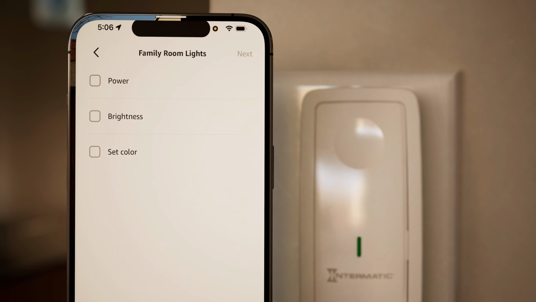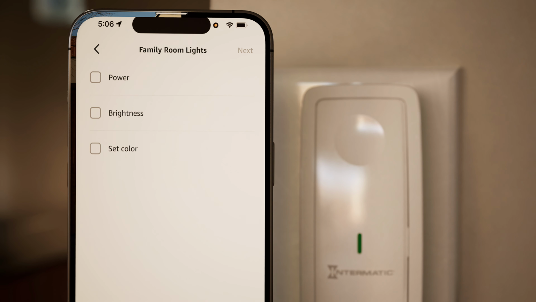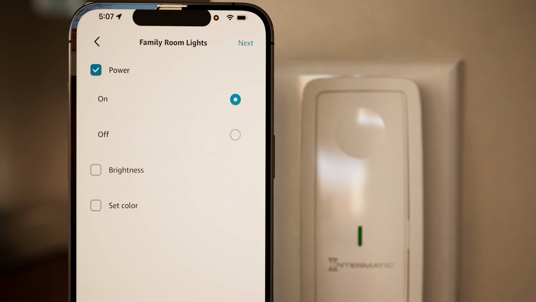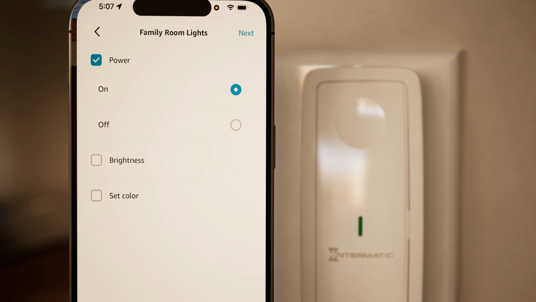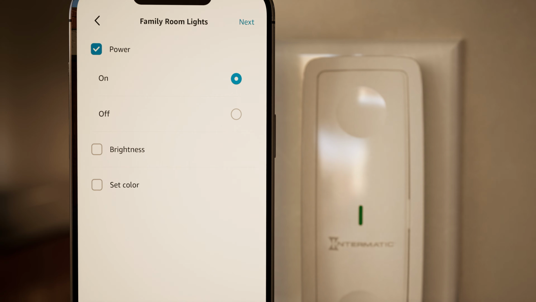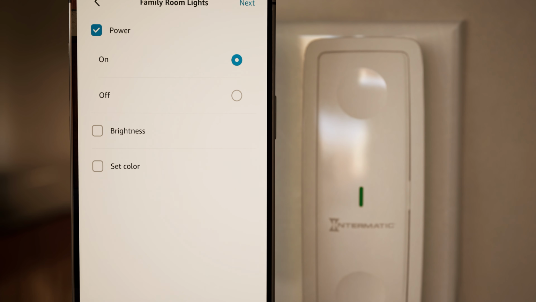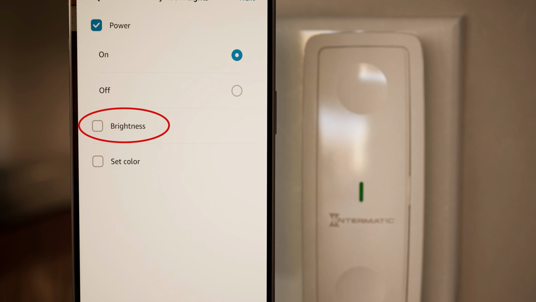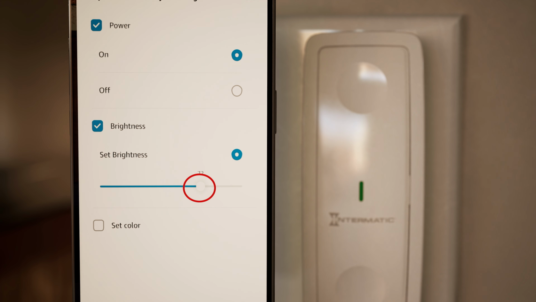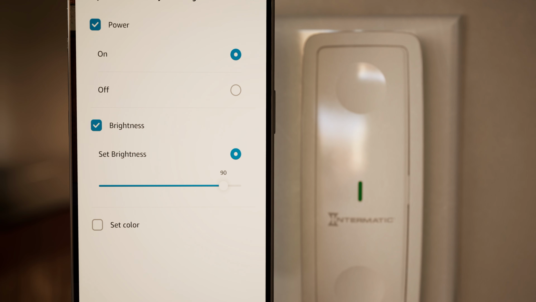We want the lights to all turn on, so we will select Power and choose On. For this example, when the lights turn on, we want them at almost but not quite full power. So we will also select Brightness and then adjust the slider to the desired level, in this case 90%.